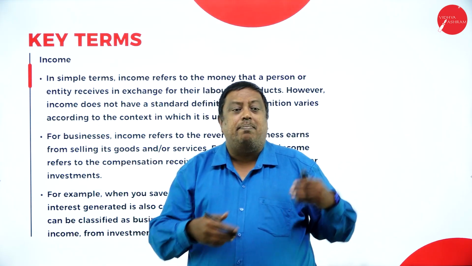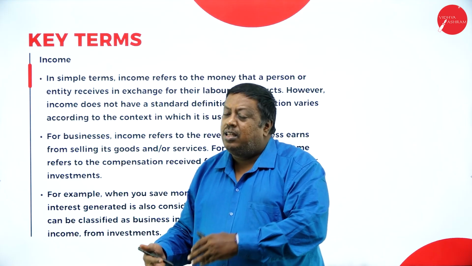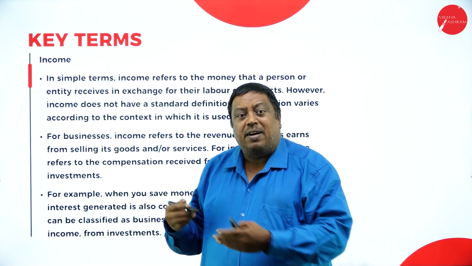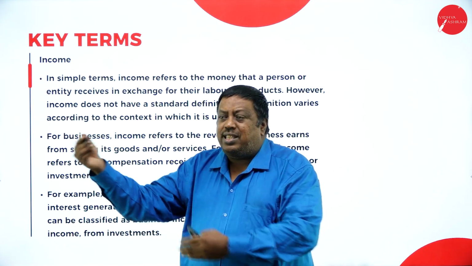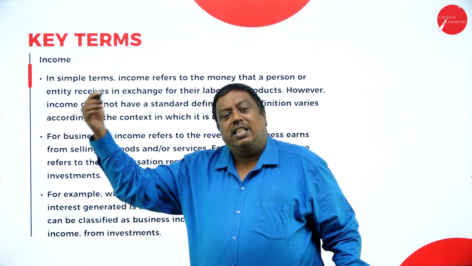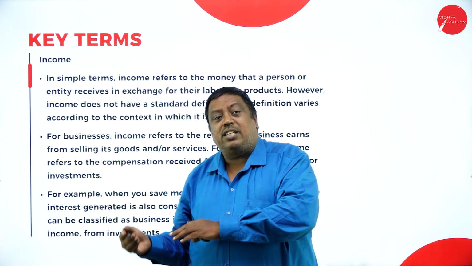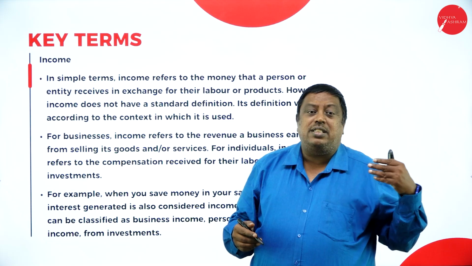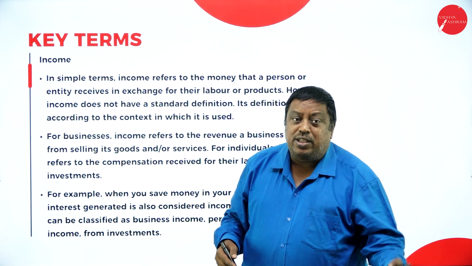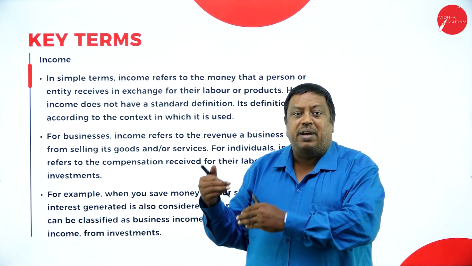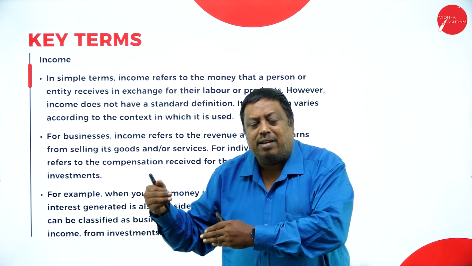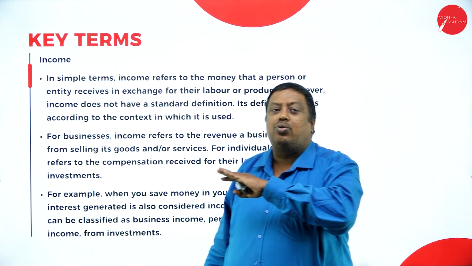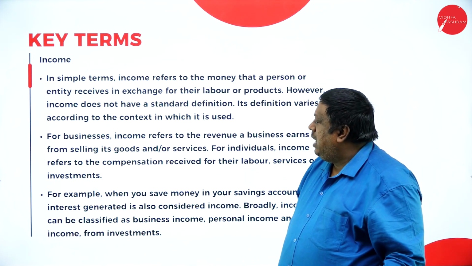A person is selling bananas and is receiving money. So that is the income for him. A person is selling computers and is receiving money. So that is nothing but income. So based on the type of services or goods we are giving to others and receiving some benefits from them, that is called income. That is the reason they say there is no standard definition for income.